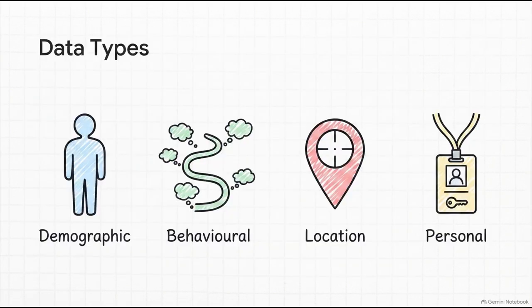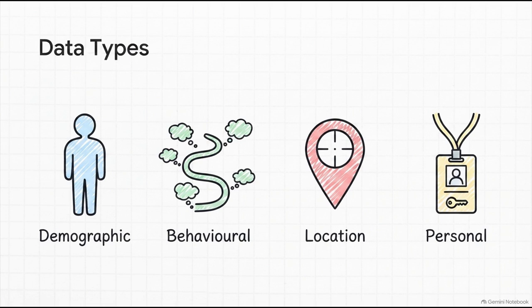Let's make this real and break down what this data actually looks like. The standard categorizes it into 4 specific types. First up, demographic data. This identifies a population, things like your age, gender, language, even whether you own or rent your home. Second, behavioral data. Think about that highly specific pair of shoes you were just browsing for yesterday that is now magically following you across every single website you visit. Yeah, that's behavioral data tracking your buying habits.